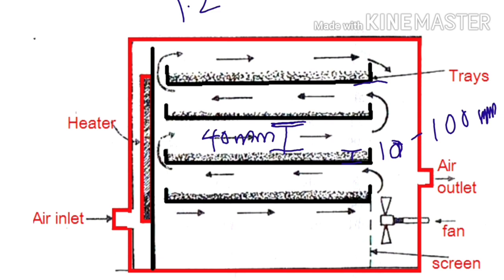This dryer consists of a fan, which is fitted inside the dryer. This fan is mainly used to circulate air over the trays. An electrically heated element, that means a heater, is also provided in the drying chamber. This heater is mainly used to heat the fresh air. Direction vanes are also present in the drying chamber, but they are not seen in this figure. Direction vanes are placed in the corner of the dryer and are mainly used to direct the air in the expected path. So, these are the important parts which are present in a tray dryer.